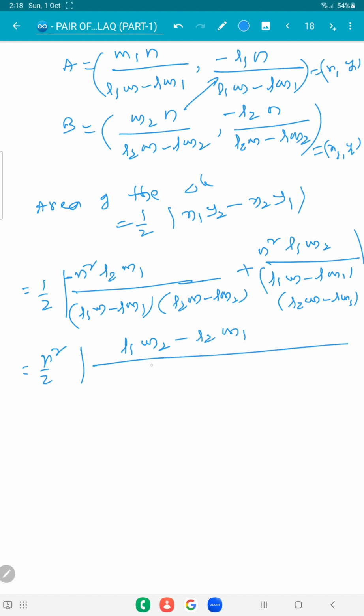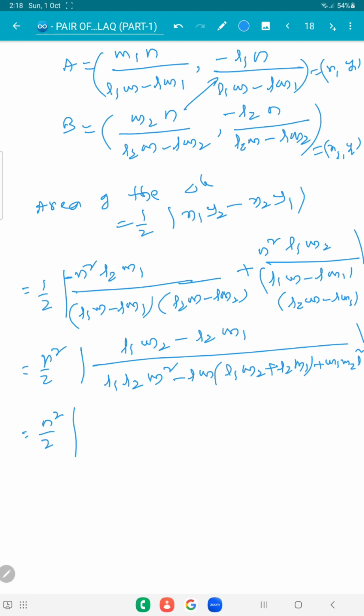The denominator is the same for these two. Multiply those. L1 L2 m square minus Lm is common. Minus Lm is common, what will you have? L1 m2 plus L2 m1 plus L square m1 m2. So m1 m2 L square. So done. So n square by 2 into,